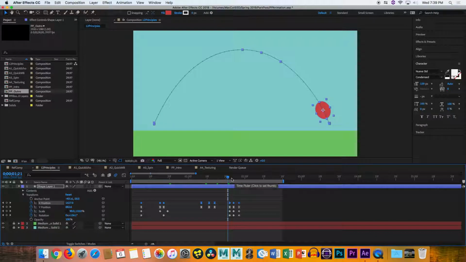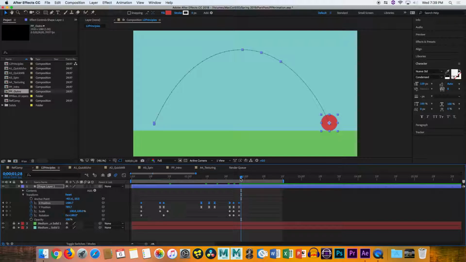And then we have squash and stretch as we land. As we land, we compress as we hit the hard object on the floor, and then we uncompress. Now, if I was to continue to work on this, it would probably bounce, or it might roll, or there might be some other follow-through, because having it just land